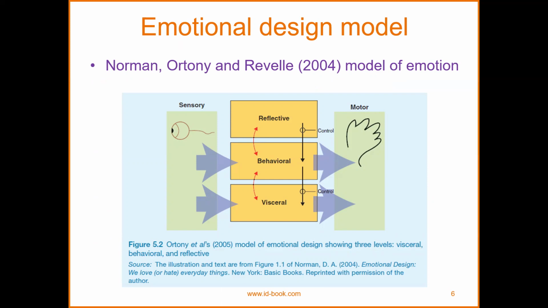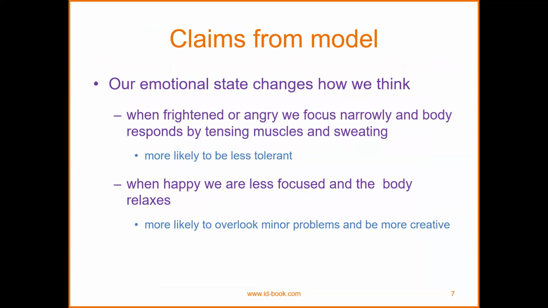It's either the visual, feelings, and even the feeling can be considered as touch, and also hearing. So these are the types of emotion that we can proceed with. So reflective, behavioral, and the other one. So in this type of three levels, we are very